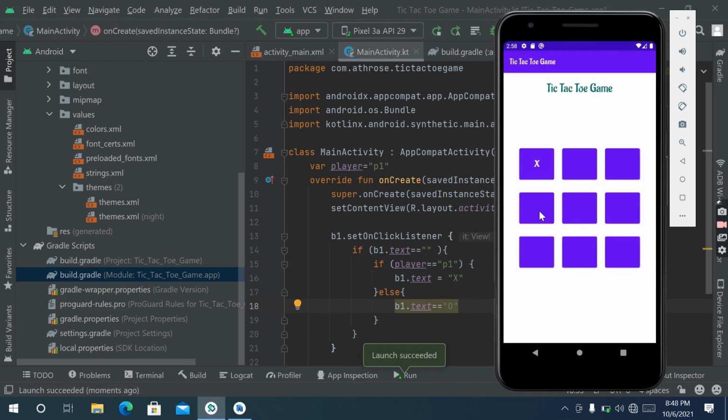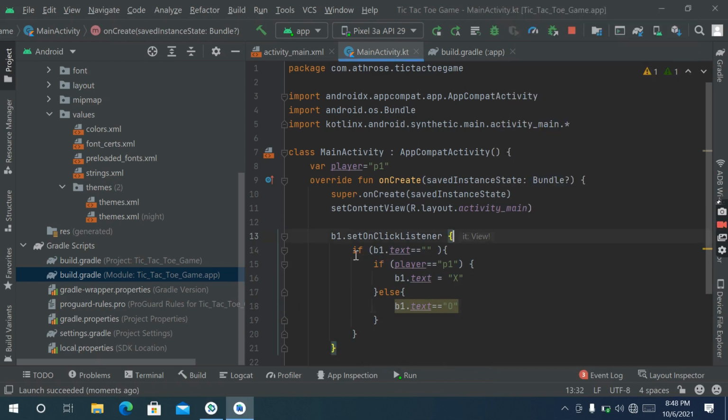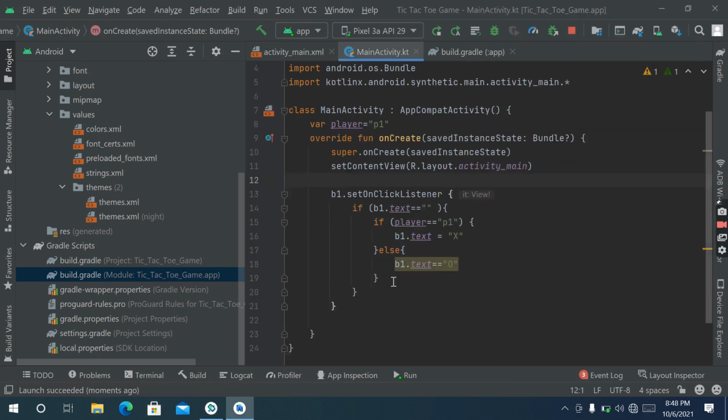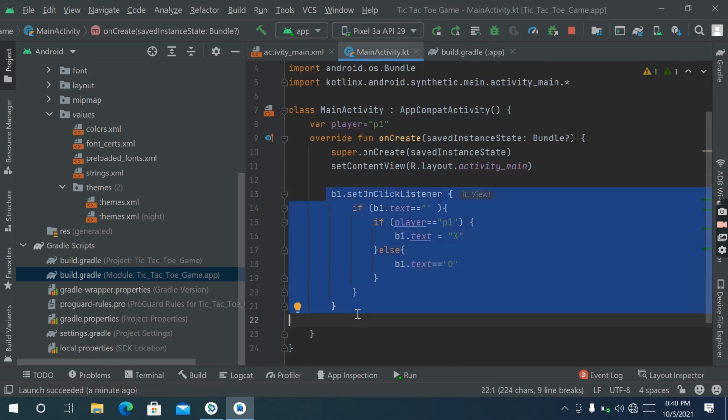Okay, it's showing X. Now I will click here again. It is not going to change because of this condition. If the button doesn't have any text, then and only then it will execute this. Also one thing here. Similarly for B2,